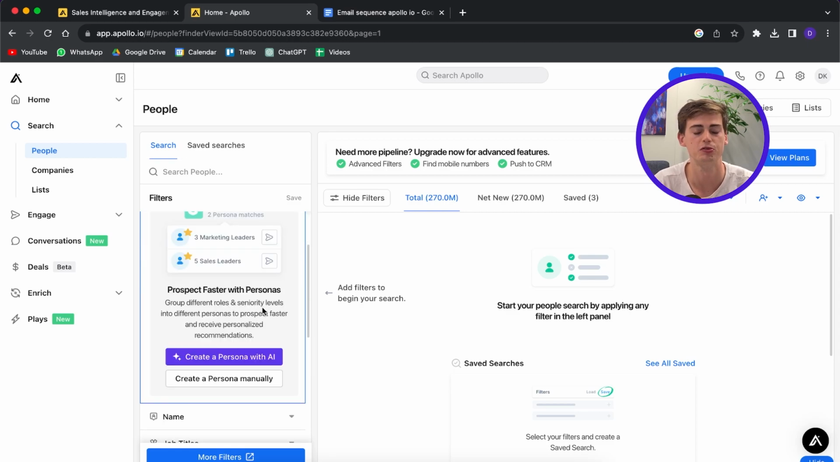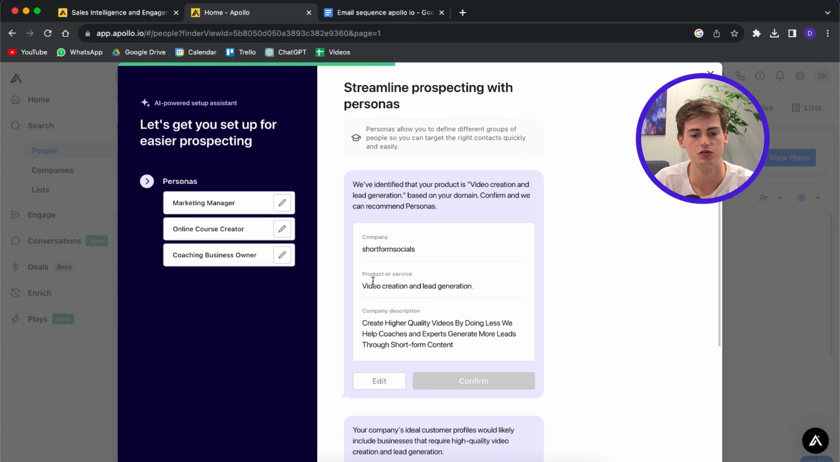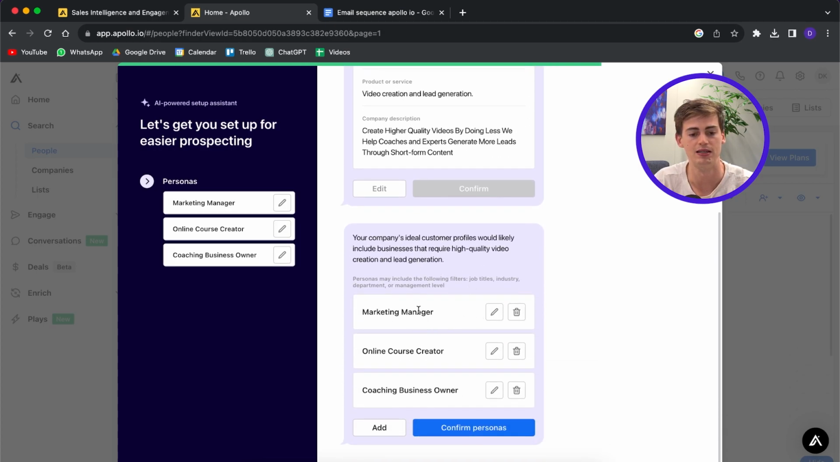There are a bunch of different ways how you can do that. You can do it with AI. If you do it with AI, then it will go through your website and take information from there, and based on that it will design a buyer persona for you. So this is what it will do once you've entered in your information. It will go through this information, and based on that it's found like a marketing manager, online course creator, or